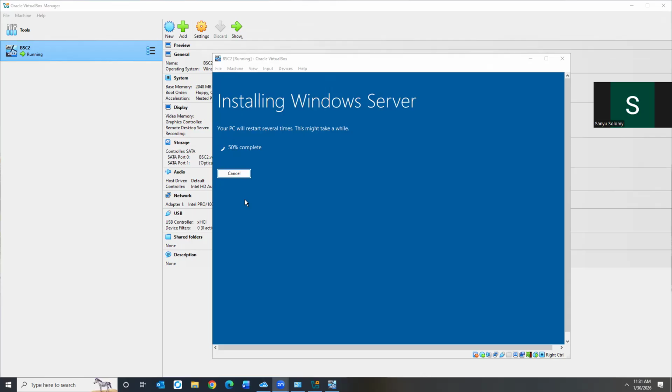So let me pass this as well. We all know the minimum requirement. By now, we know the minimum requirements for a Windows Server installation.